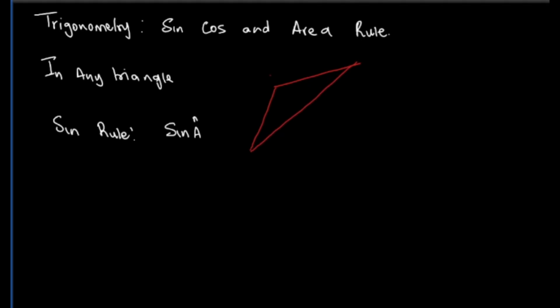Maybe we can call this A, and this will be my C, this is B. I know that you already know if it's like this,